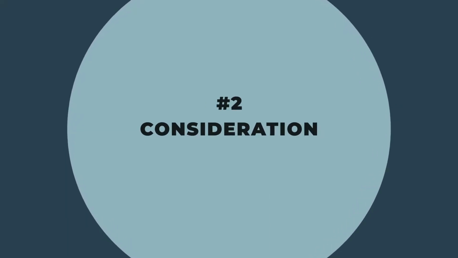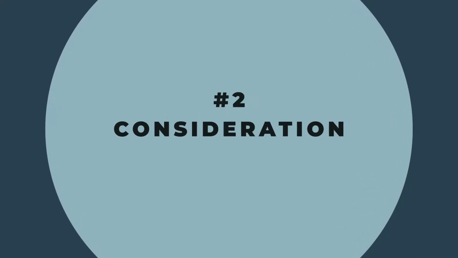Your second content marketing goal is to get your audience to consider you in their buying process. This content is for people who either follow you or know you or have heard of you, but they haven't made a purchase yet. For example, let's say you want some coffee, all right? So you want some coffee in the morning, but you don't have any at home and you don't have any at work. Maybe you'll stop by Dunkin' Donuts on your way into town because you're familiar with the brand and you know that they offer coffee. That fills your need, right? So you'll consider purchasing from them.